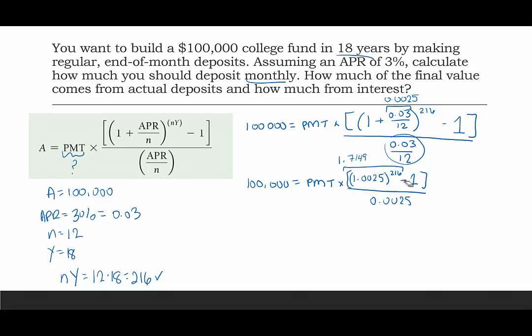Then we subtract 1 from that, right? Because that's in the numerator too. So this whole thing became that. Subtract 1 is going to just get rid of that 1 there. So we have PMT times 0.7149 divided by 0.0025. Okay, so now we have 100,000 is equal to PMT, and this thing, when we divide, we end up with 285.9403. 285.94